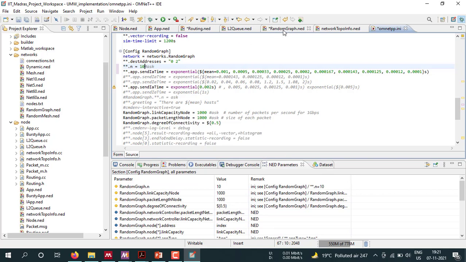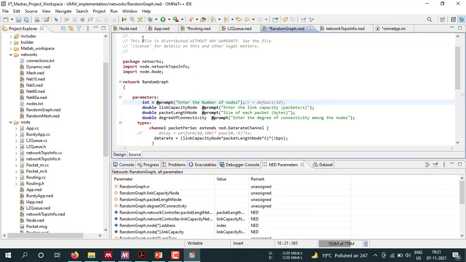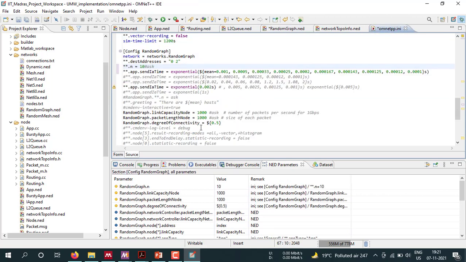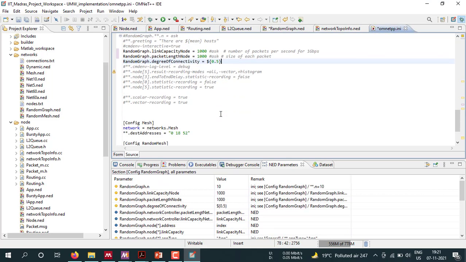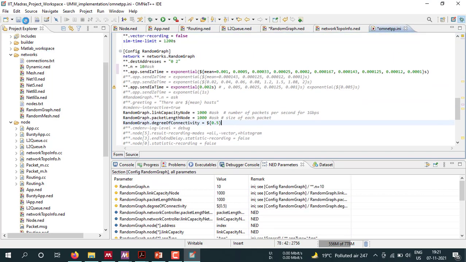So since we have the random graph and these are the parameters we are defining here with the INI file, the degree of connectivity is 0.5. So now let's run it. You save it, and you can